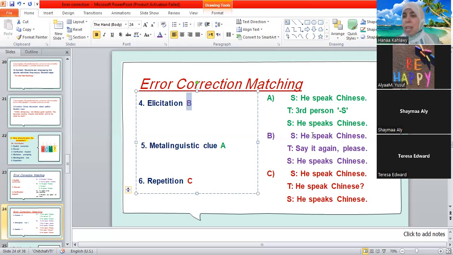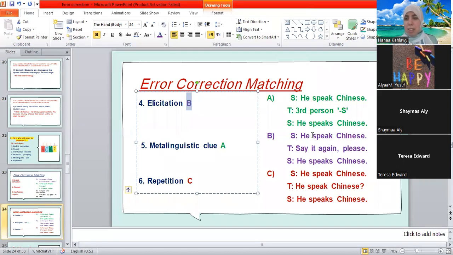When I say, he is playing football now, I say, he is, and stop. Here I have a pause. I give my students a chance to correct themselves by eliciting the right form. So if I want to elicit the right form, I can ask students to say it again, or have a pause and ask a student to complete correctly.